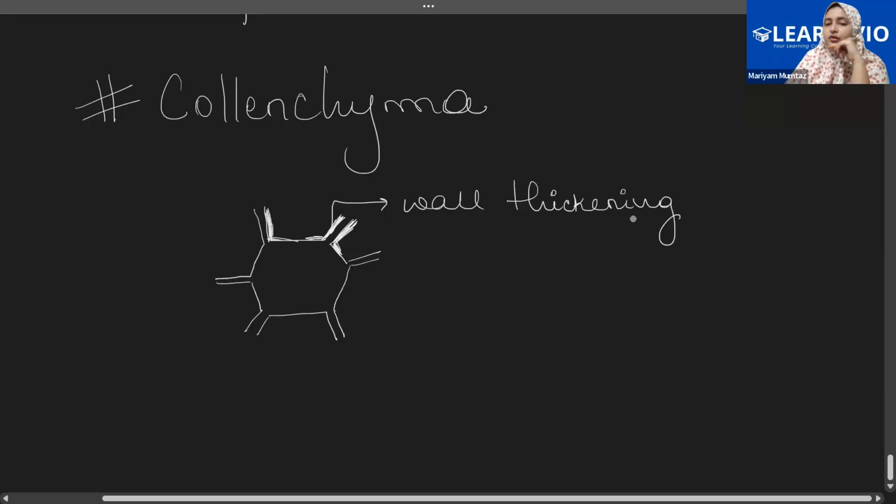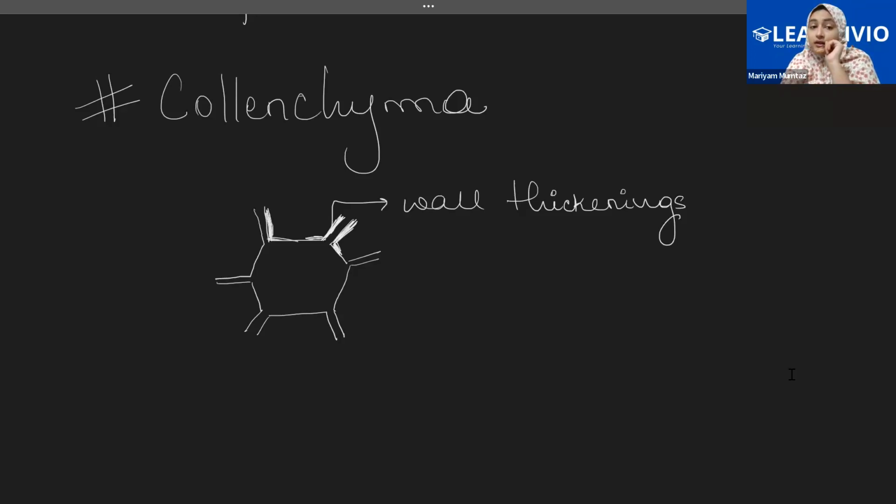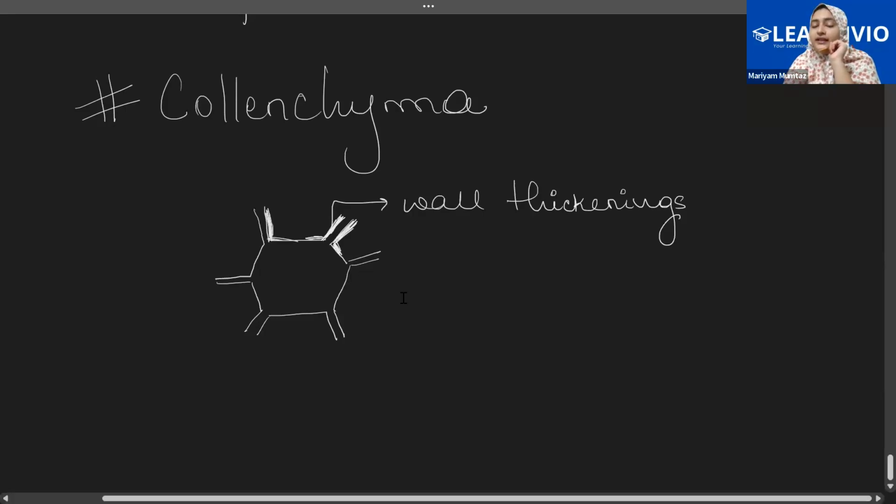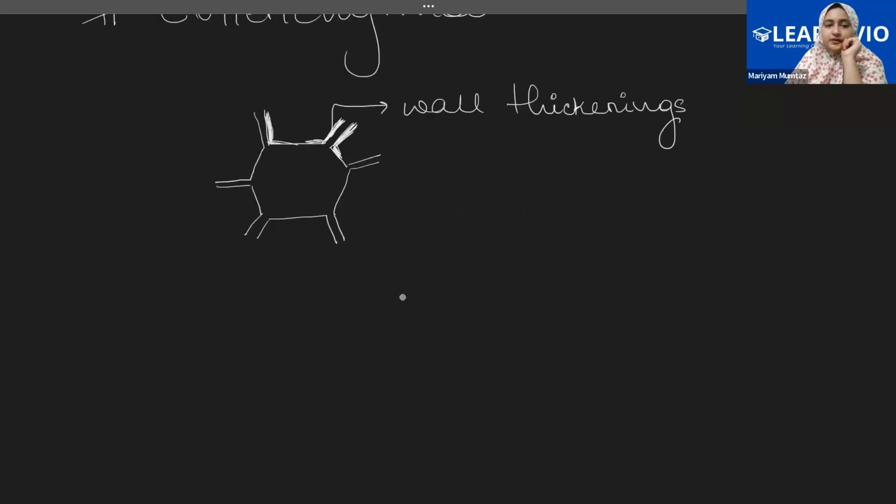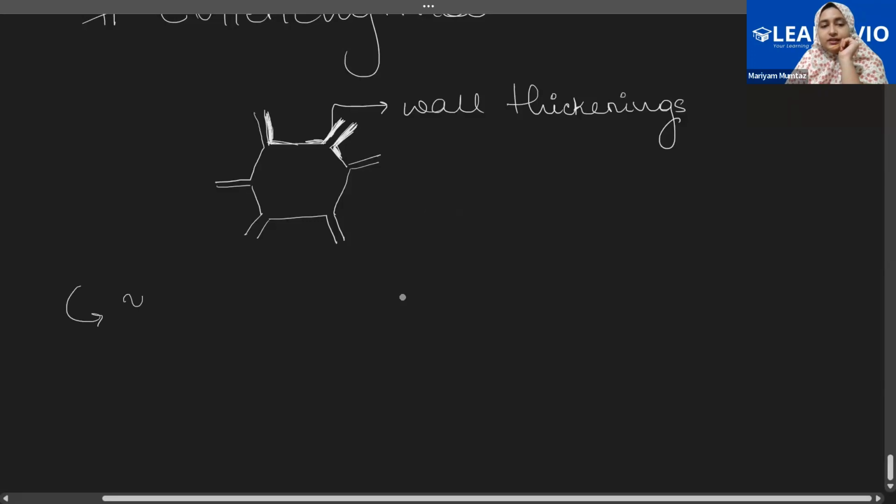For example, if we're talking about the normal parenchyma, it has normal walls laid down everywhere. But the collenchyma has wall thickenings as a modification, or you can say as an additional thing that is present in it. Now, talking about the features of the collenchyma, so the cells